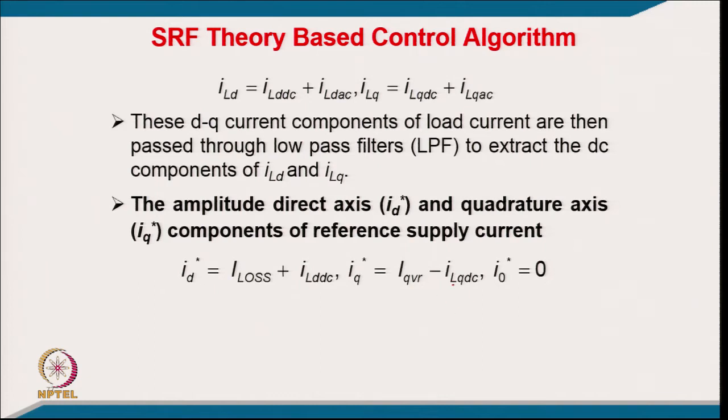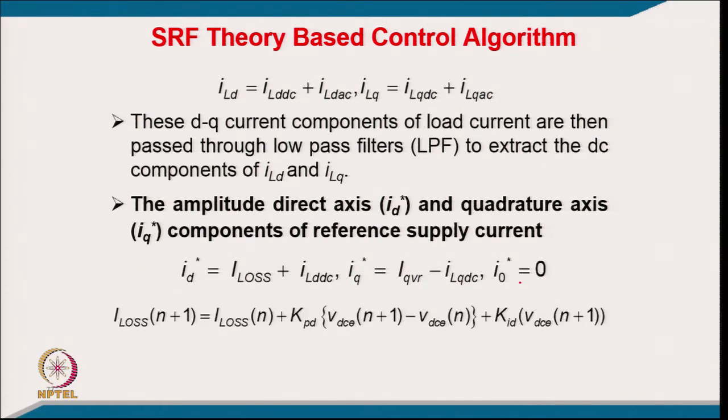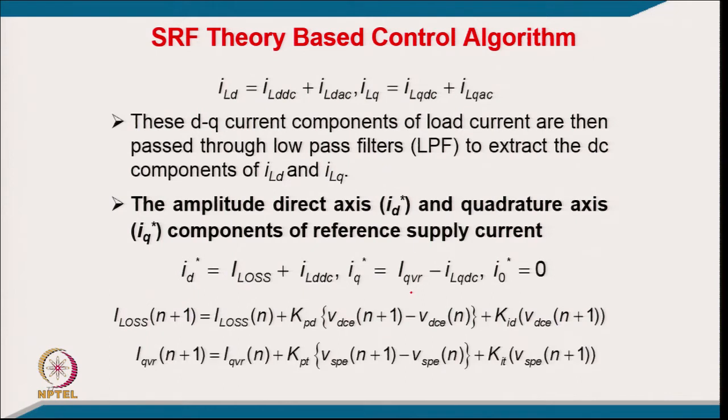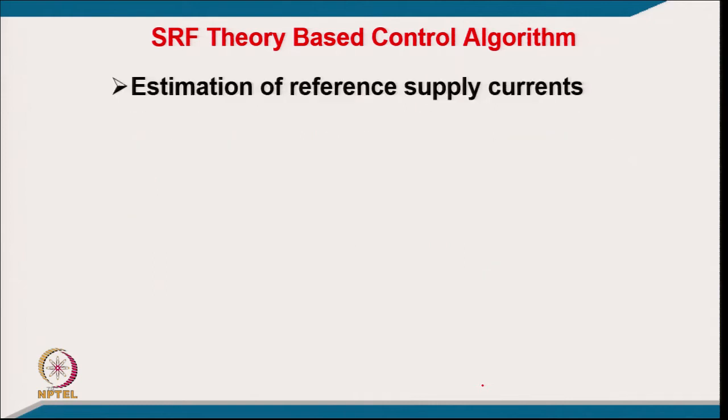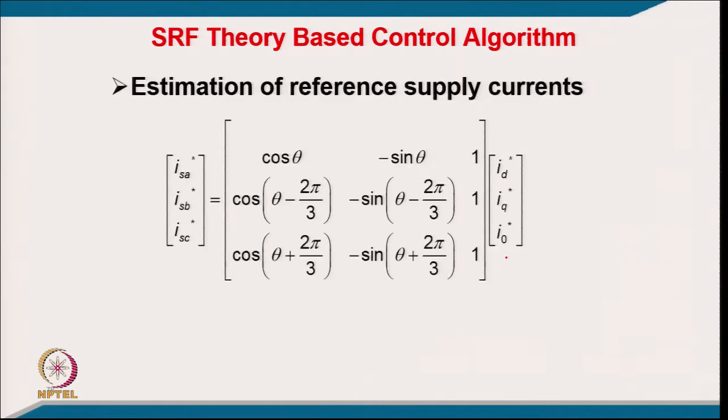And for the reactive component, of course, the shunt filter has to generate the reactive power minus the load which is supplying locally, that goes to the grid, and the zero sequence in the grid will be 0. And then the loss component, which is used here, is calculated by a PI controller. Similarly, the reactive component also uses a PI controller on the PCC peak voltage, that is another PI controller to regulate the voltage at PCC. And then we calculate from this Id, Iq, I0 the grid reference current,